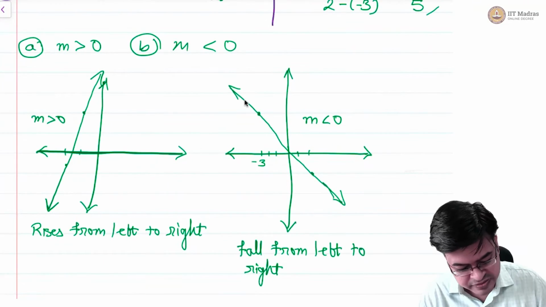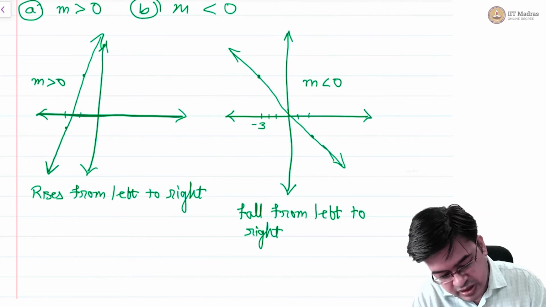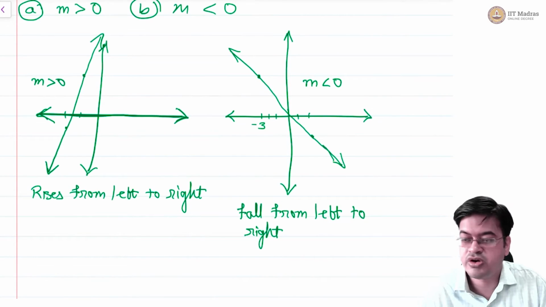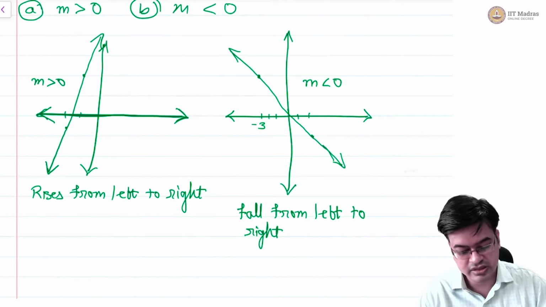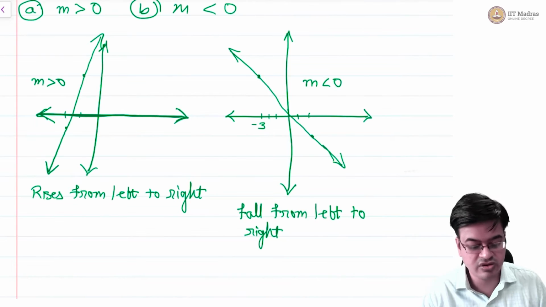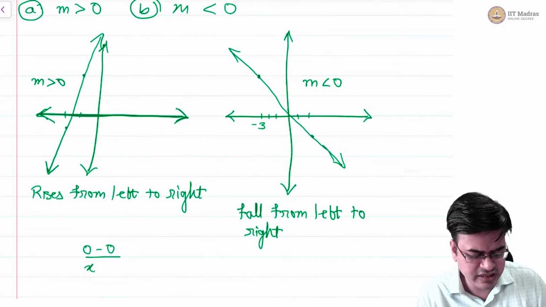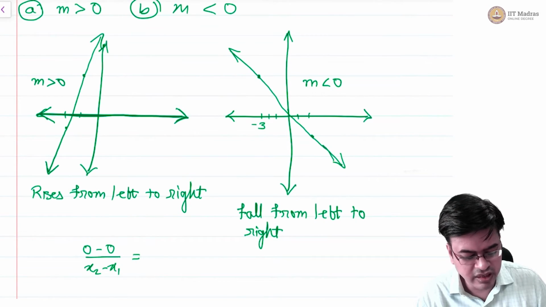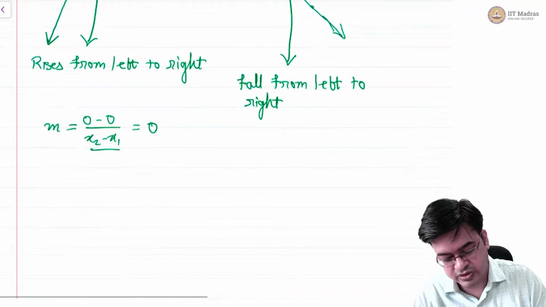So these two lines also must be having some slopes, as they are lines. In this particular case, when you are looking at the line which is like the x-axis, what you are observing here is there is no change in y, right? So naturally, when you are looking at the x-axis, your y is always 0. So what is the change in y? 0 minus 0 upon the change in x, that is x2 minus x1. As long as x2 minus x1 is not equal to 0, this slope is going to be 0. So that is the horizontal line where slope will be equal to 0.